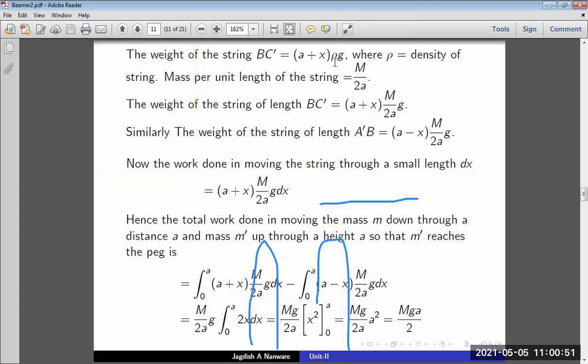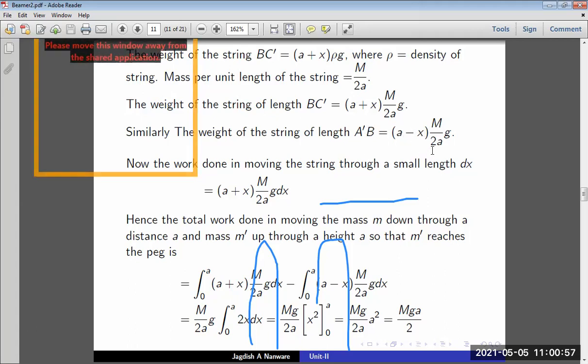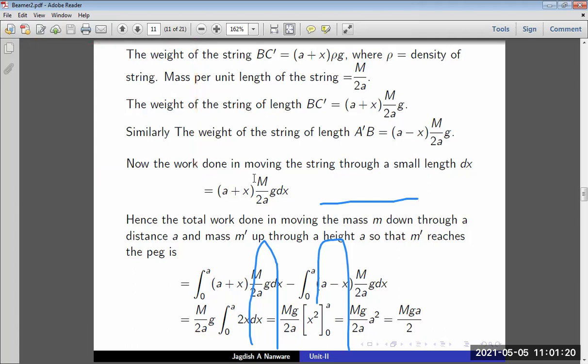Similarly, we can find the weight of the string whose length is A dash, which is nothing but (a minus x) M upon 2a into g. Why are we taking a plus x and a minus x? Because that gives the position of the point. Now we find the work done in moving the string through a small length dx. That is given by this, and hence the total work done